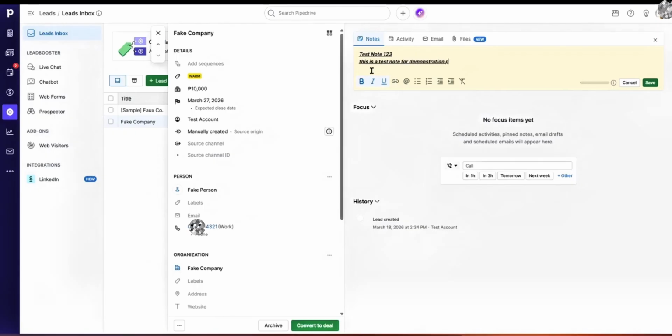Building this simple habit pays off quickly. Every interaction stays documented. Handoffs become smoother, and follow-ups become effortless. Each time you finish a call or get a new piece of information, drop it into that input field or the Notes tab so your lead's story stays